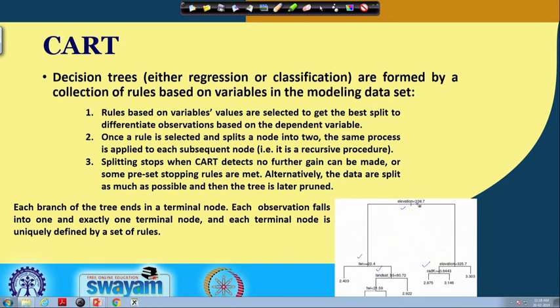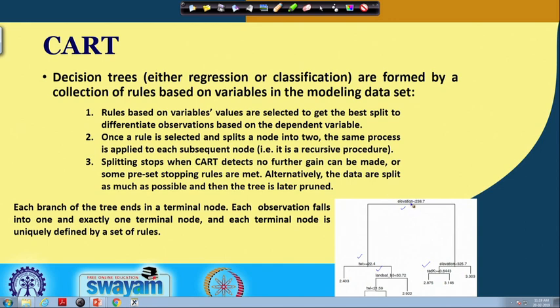In the first step, we select among the four to five different predictor variables the best variable and value to get the best split, so that it gives the maximum separation between the observations based on the dependent variable, in our case organic carbon.